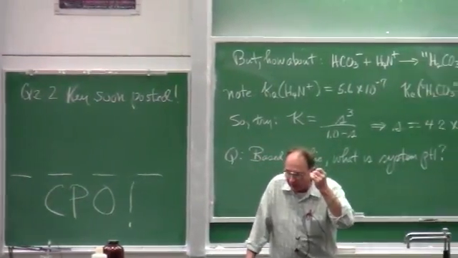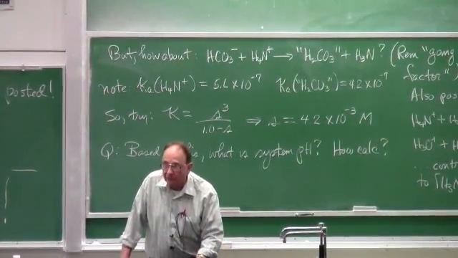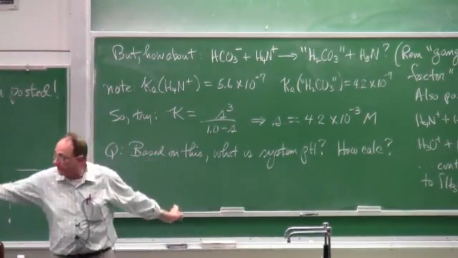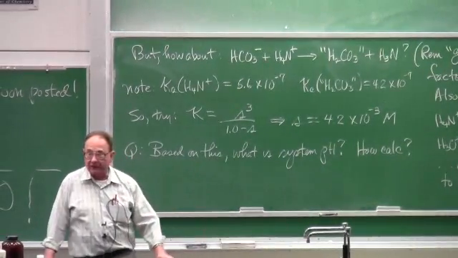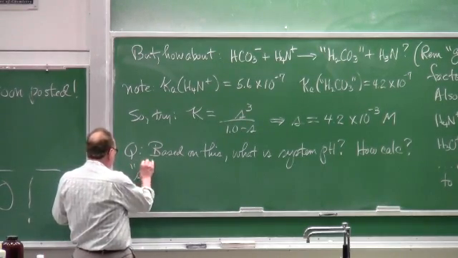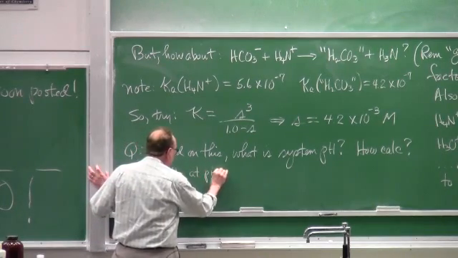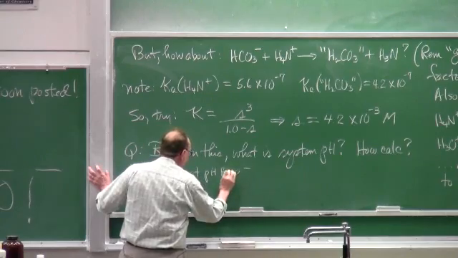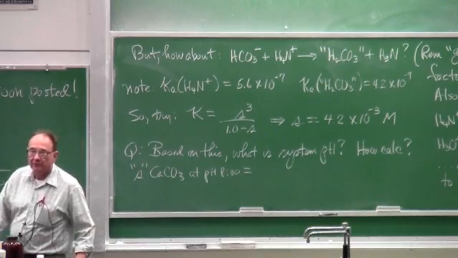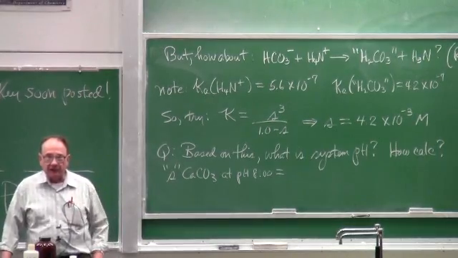Now, if we think back in our mind's eye, we know that the solubility of calcium carbonate in straight water is 1.4 times 10 to the minus 4. And we know the solubility of calcium carbonate in this system got to be greater than that. This value is greater than that. Now, just for fun, CaCO3 at pH 8.00. We did this one too. Anybody remember the value we got? Look it up. It's in the notes.